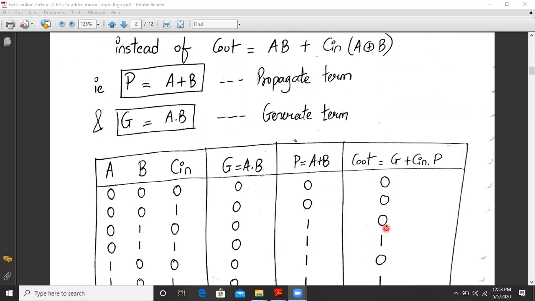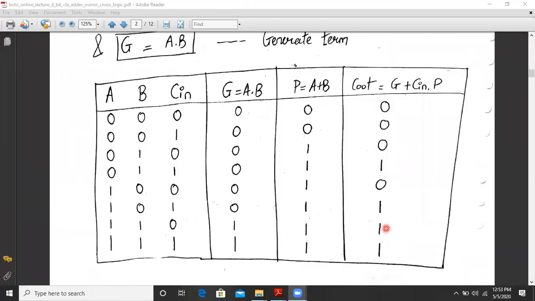Now let us look into the truth table. A, B and Cin are the three inputs to the full adder circuit, and G and P are the generate and propagate terms. Cout is accordingly given by G plus Cin·P. Let us check the generate term, which is A·B.